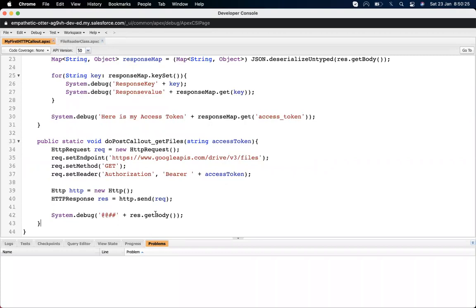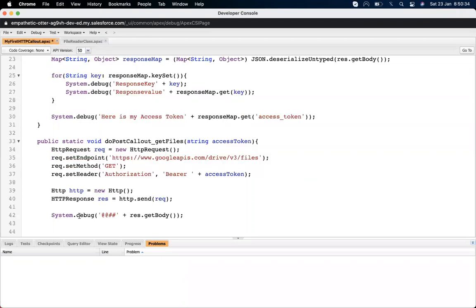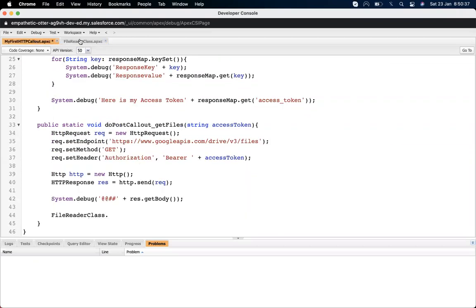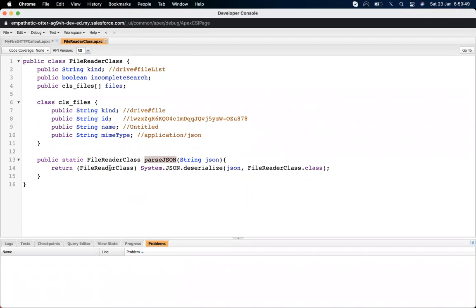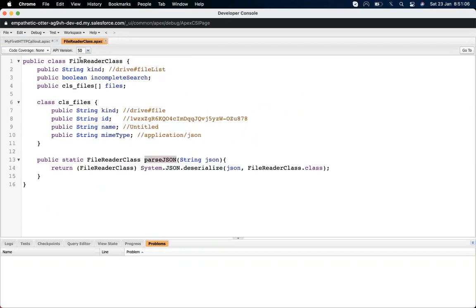Okay, so once we come up here, we got the response body, and then we call our method file reader class, and then we have the method parse JSON. And let's store this in an object.